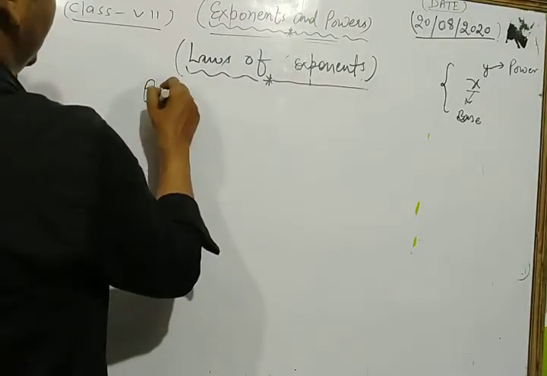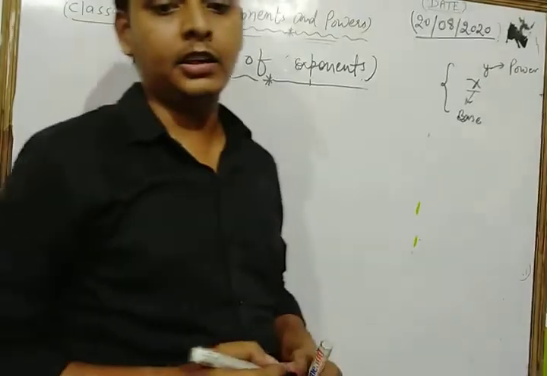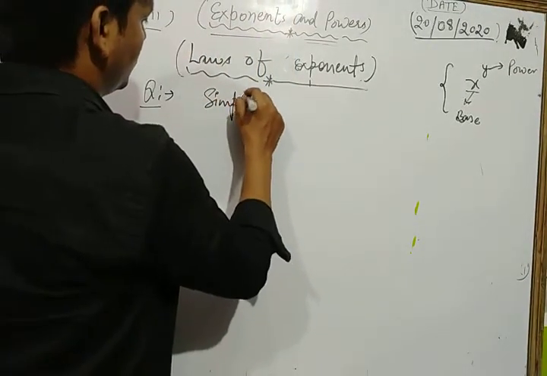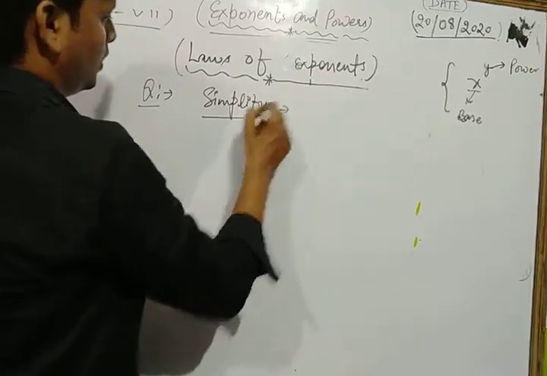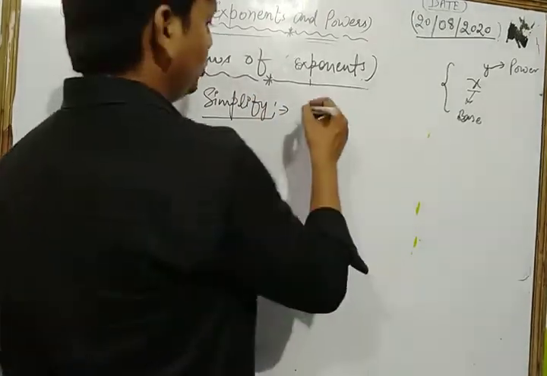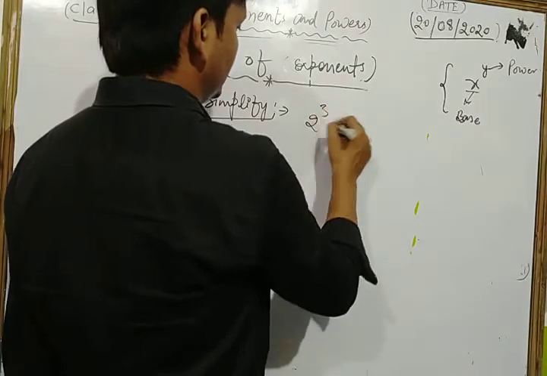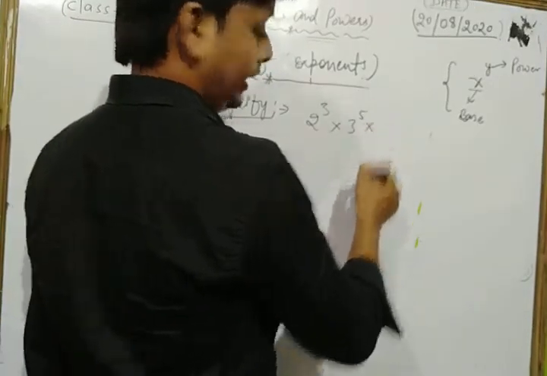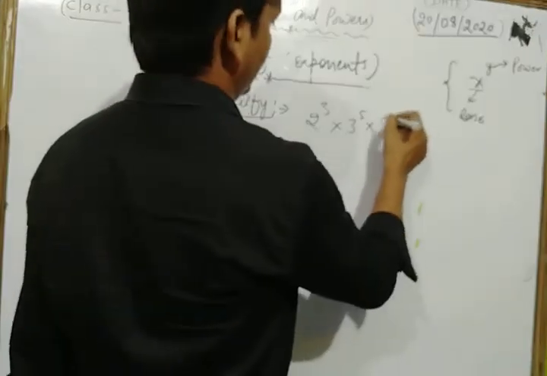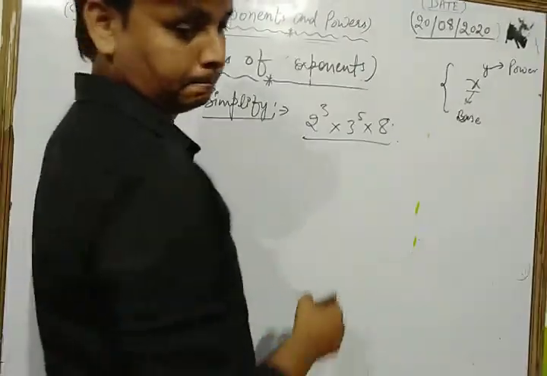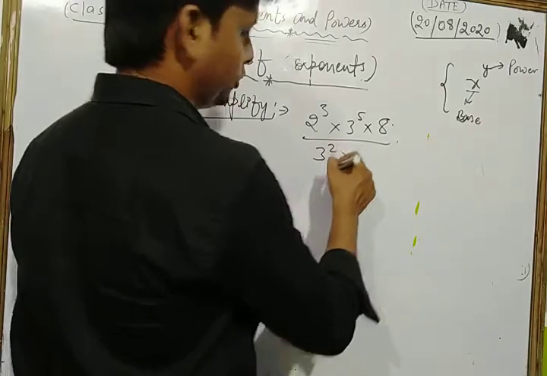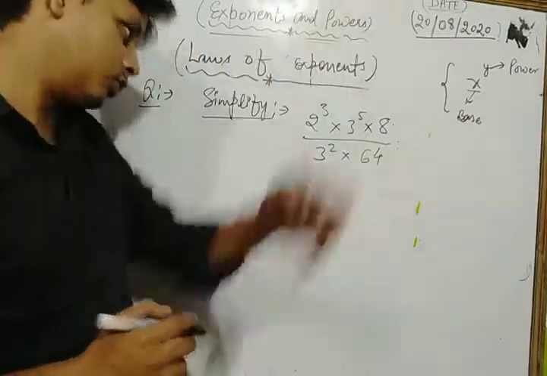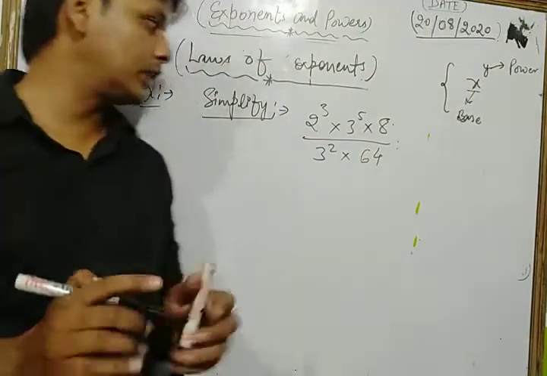We take a question. Let's see. Simplify 2 to the power 3 into 3 to the power 5 into 8 divided by 3 to the power 2 into 64. Now what I do, dear students, first